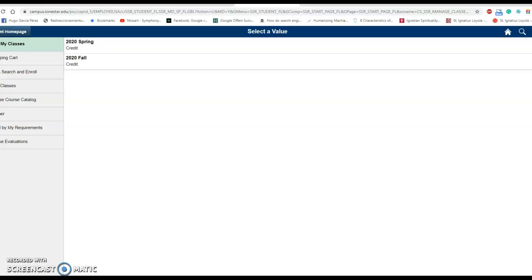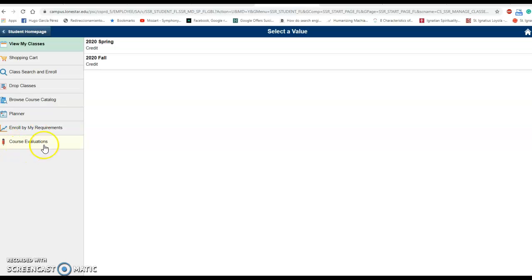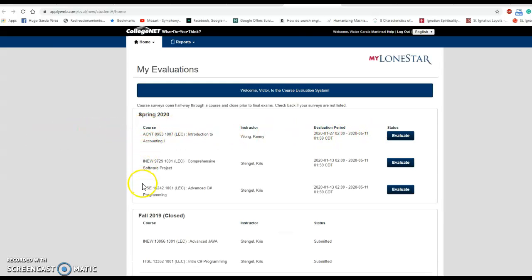one, and then you have here your course evaluations, is the last one, as you see here, course evaluations. You pick this one, and then you have your courses to evaluate. Your course should be Biology 2402, for example, and it should be my name in this area. Then you pick here evaluate, and then you go through all the questions you have there, and you pick